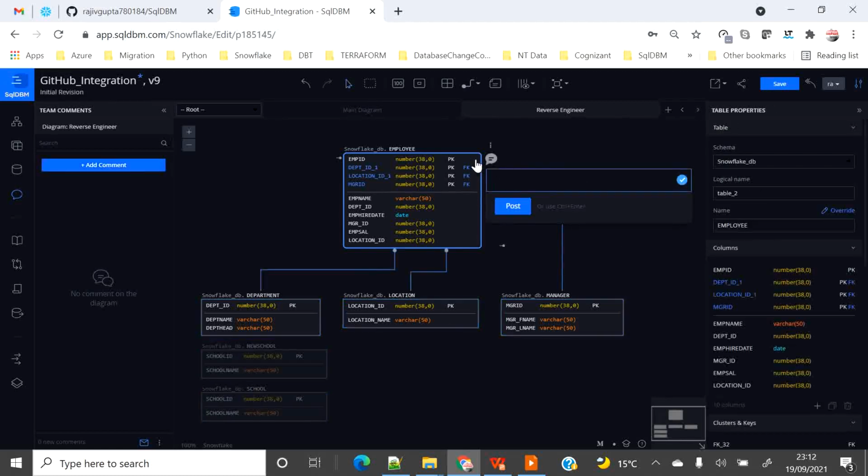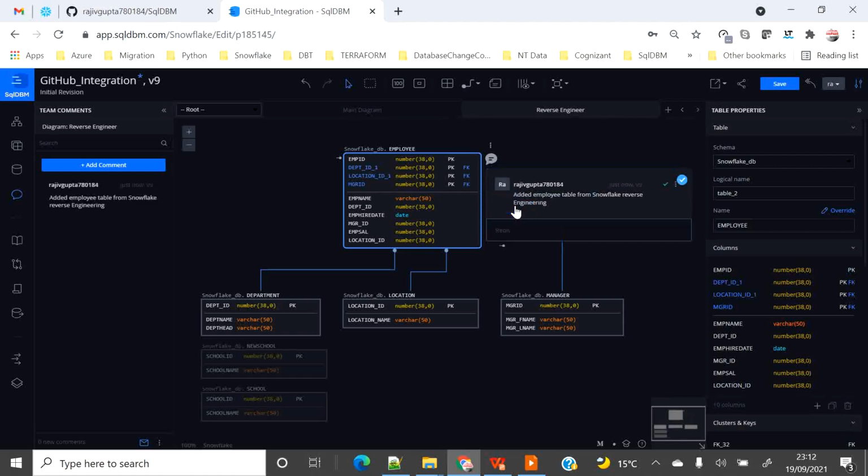I will say, added employee table from Snowflake reverse engineering. So I can just click this and say post.